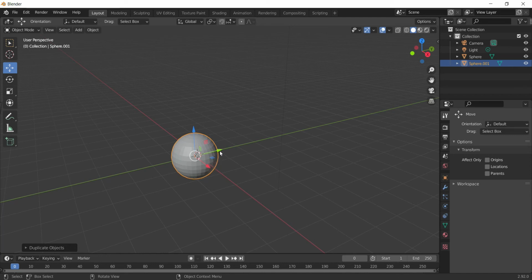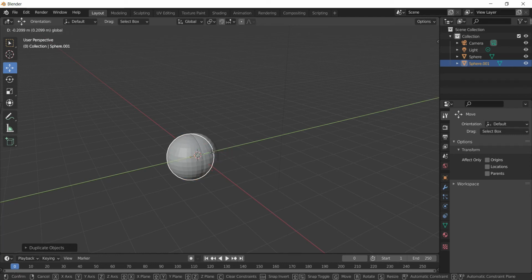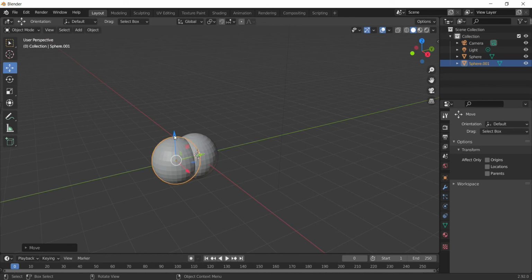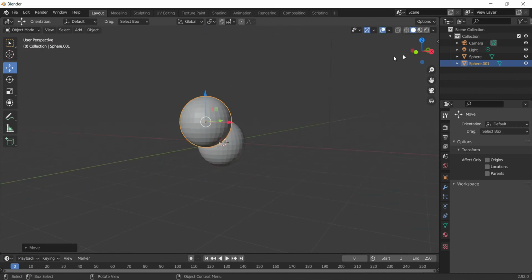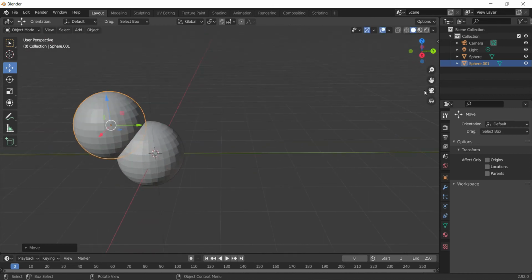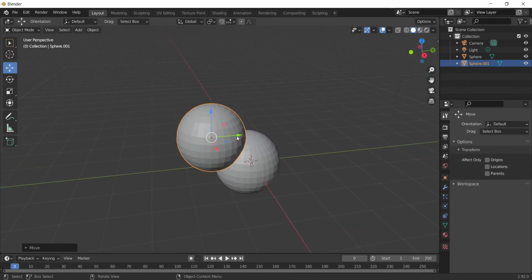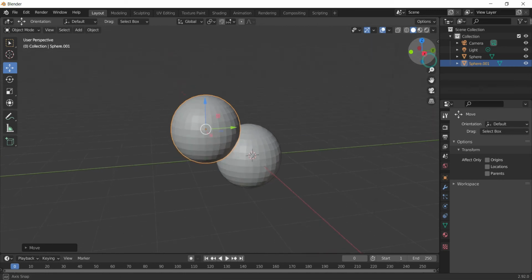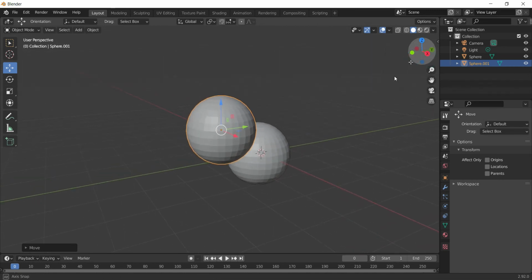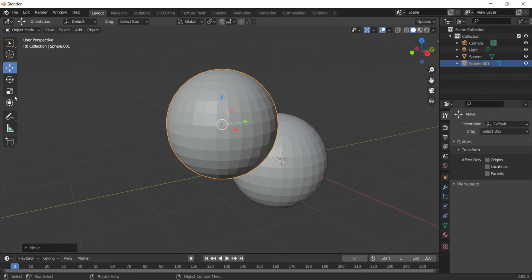Now from here, I will carefully move it axis by axis with these arrows of the X, Y and Z axis, and put it carefully over here on the top so that it looks like this sphere is the head of the sparrow. After that, I will choose the scale tool and reduce its size a little bit.